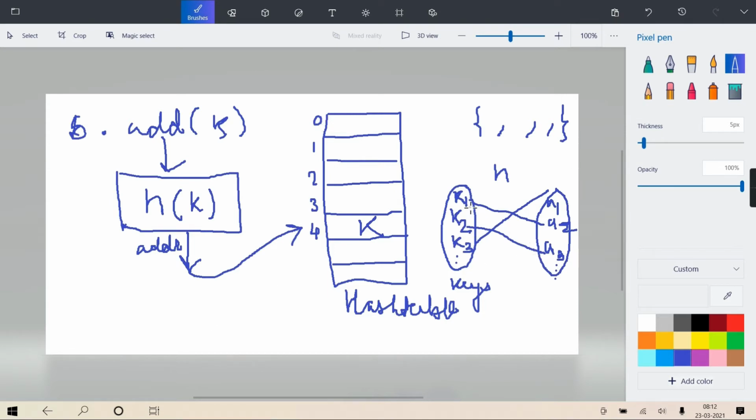That's what I showed. See, your first key is mapped somewhere, your third key is mapped at the first address. Your third key may get mapped to the 0th bucket number also. So the mapping depends on this hash function, and therefore when you traverse this hash table, the order is not fixed.